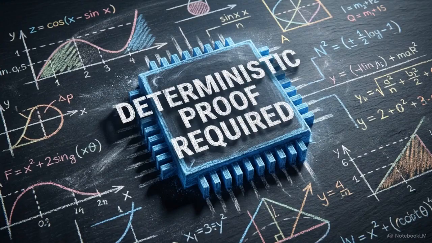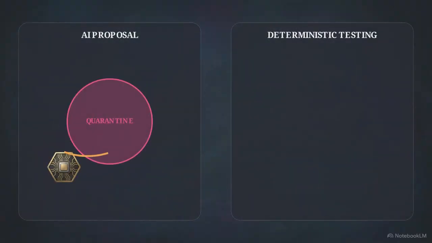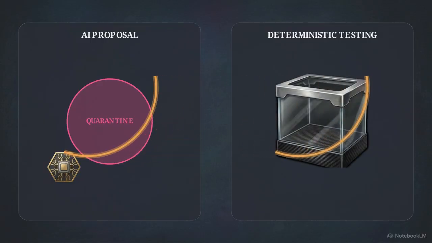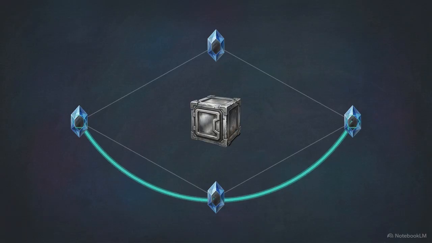To solve this, TNQG enforces a strict trust but mathematically verify pipeline. This split-screen diagram demonstrates the workflow. On the left, the AI agentic router suggests a bypass topology around the quarantine gap. Before execution, the TNQG engine uses a secure sandbox on the right to run a rapid, simulated physics proof on the suggested patch. Only after the mathematical proof confirms the patch is physically viable does the system lock it into